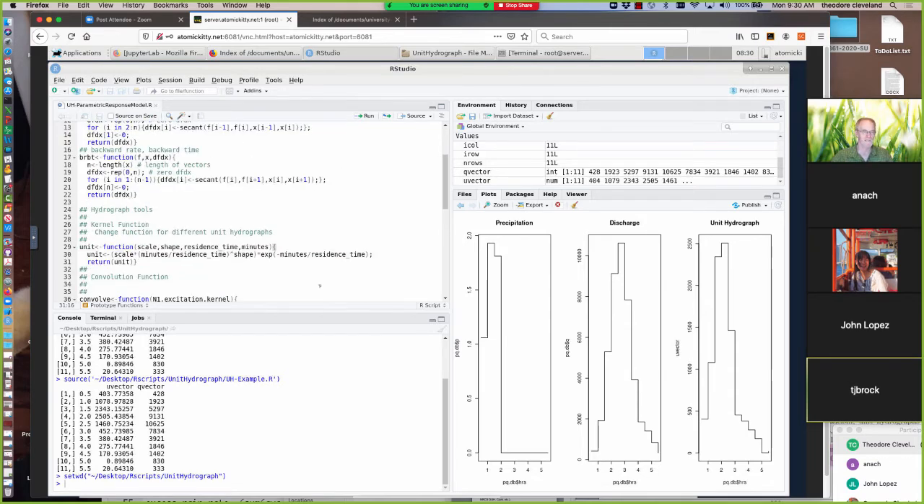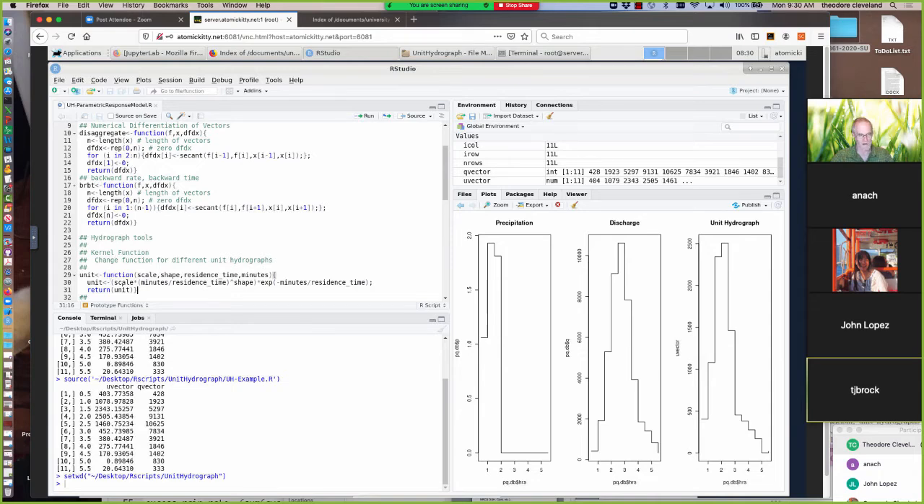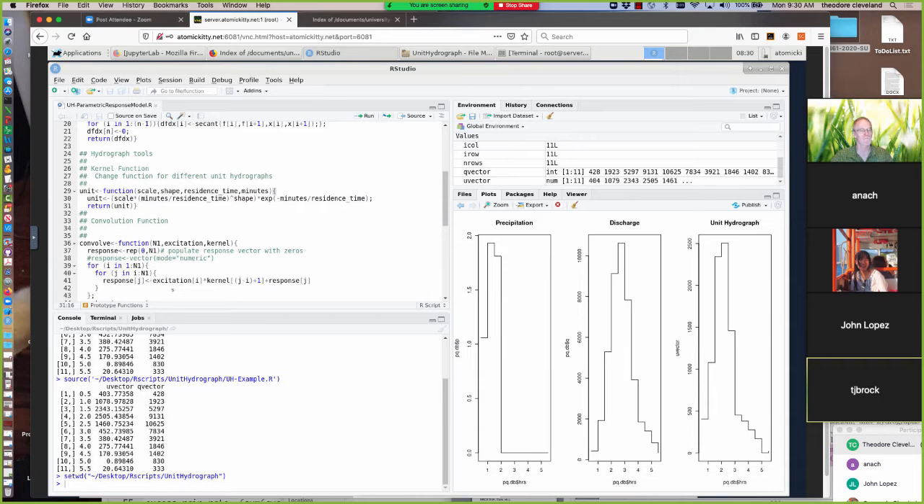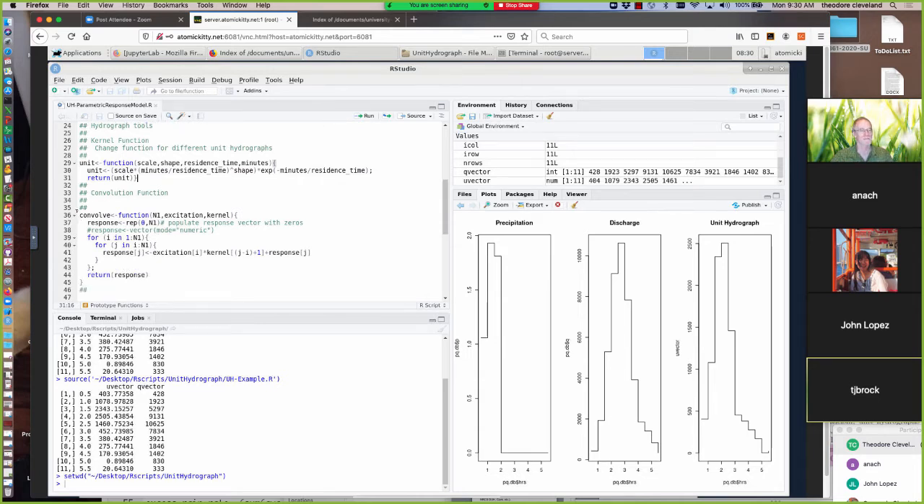Well, actually, that's a lie. You would integrate it, and you would adjust scale until it integrates to 1, and then you're happy. Here's the convolution function that performs the convolution integral for us in discrete space. So we have this response vector. We populate it based on how big it needs to be. So we have to tell it the size ahead of time, and then it performs the convolution arithmetic for us